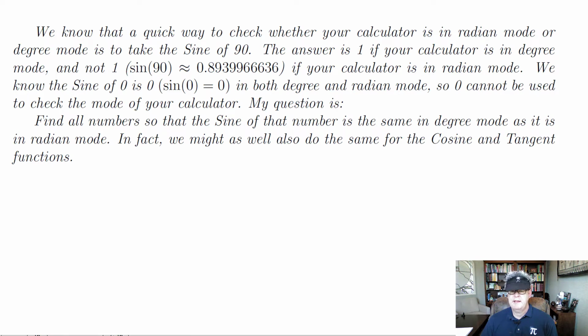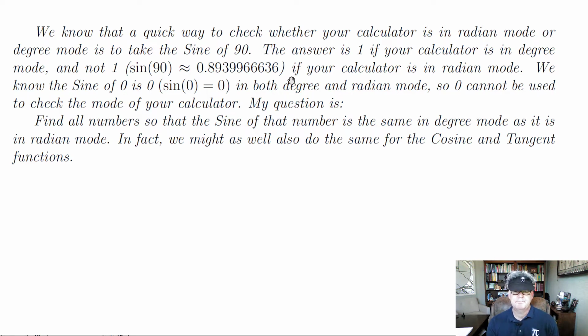You can take the sine of 90. If you take the sine of 90 and get 1, you know you're in degree mode. And if you don't get 1, then well, you're probably in radian mode. Easier than 90 is 0, but if you take the sine of 0, it's going to be 0 in either mode, radian or degree. And so my question is, find all numbers so that you would get the same result,